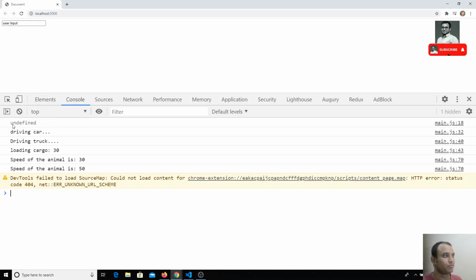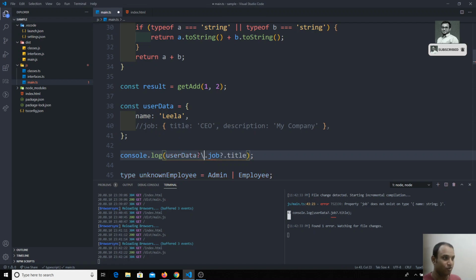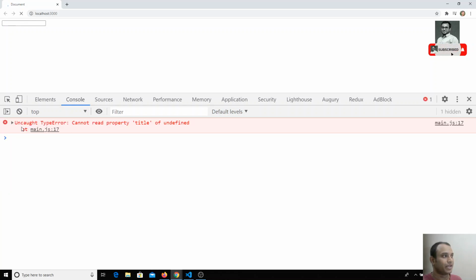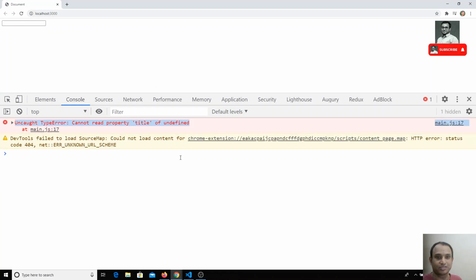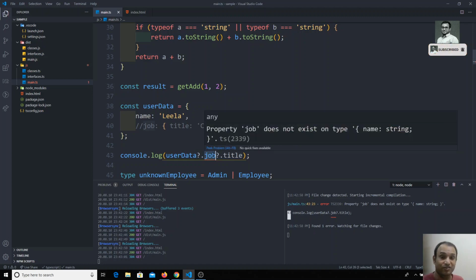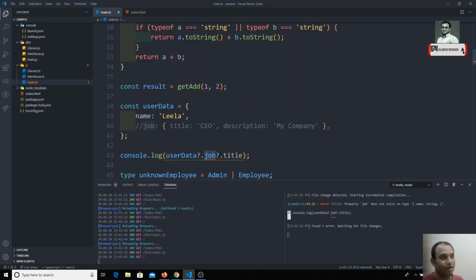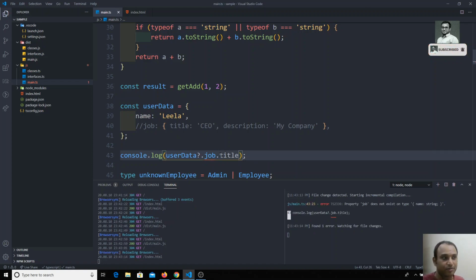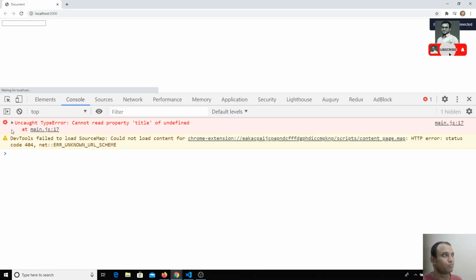If I try to check the output, I am getting undefined. If I don't keep this, I may get an error here. See, the error has come, and everything below this code, the execution has been stopped. So now you can put a question mark here, so that we are saying that this property may or may not be returned. For that reason I kept a question mark here, and also for safety purposes I kept a question mark after job for the title also. That means in the job, title may also be optional. For example, if you know that if job is returned, the title will also be returned, then you can keep it like this.